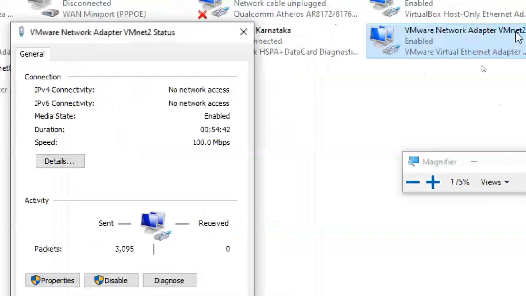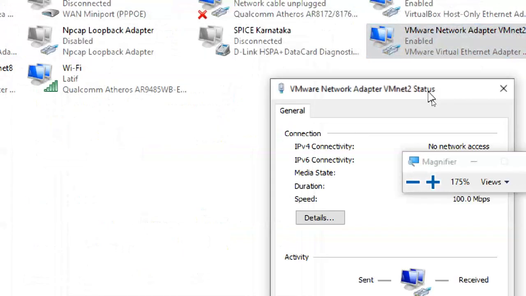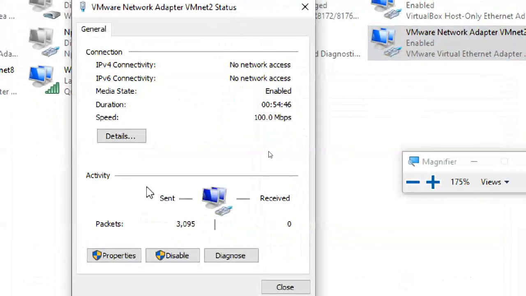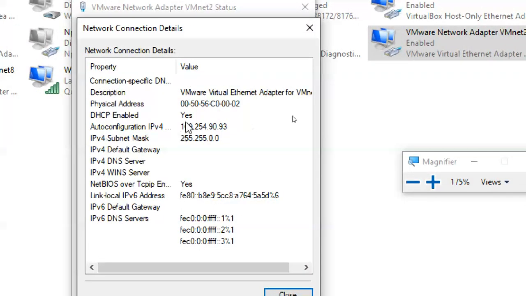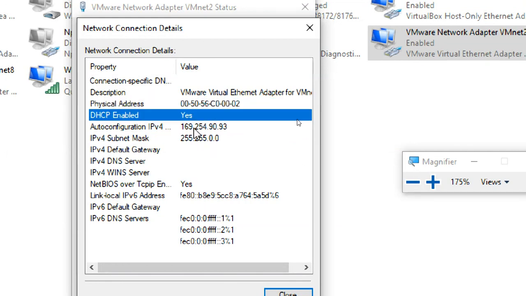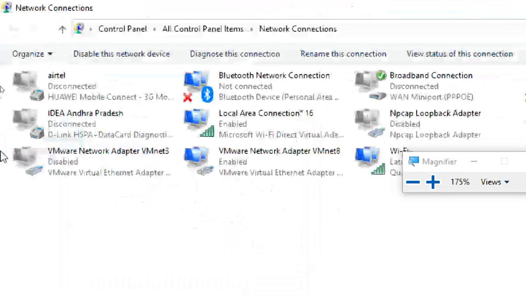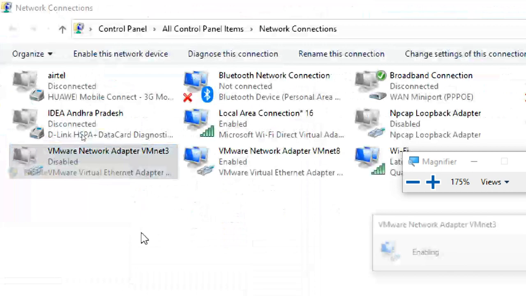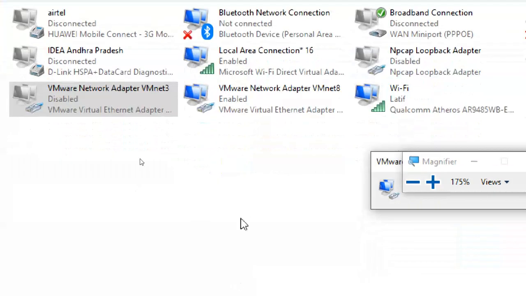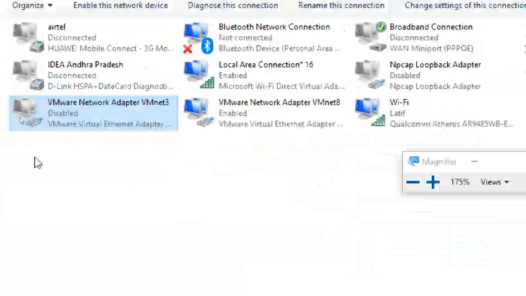I'm going to some other adapter, because I don't want to touch my adapter to change anything. I'm going to details. See, DHCP enabled is yes. I got a different IP address because I don't have a separate DHCP server here.